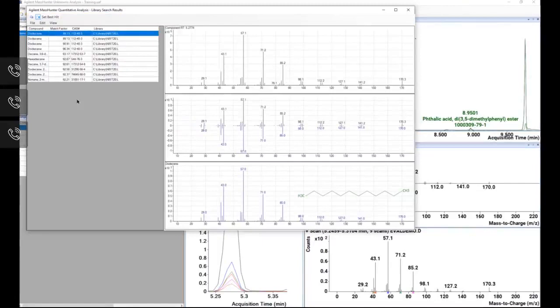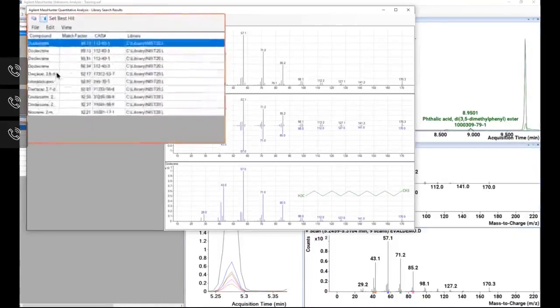They don't generate a lot of large fragments and small fragments that are 14 AMU apart from each other. And usually you don't get a molecular ion a lot of times, especially on the bigger alkanes. So it's not unusual to see that you've got multiple hits for the same and or different compounds in the 90s. So what we could do if we said, okay, this isn't dodecane, or this is dodecane, but it's found in the NIST library,